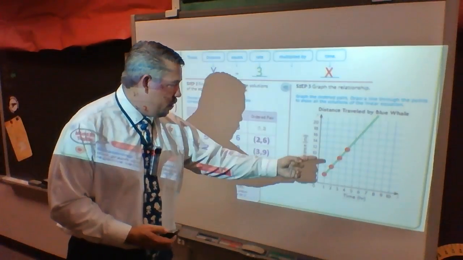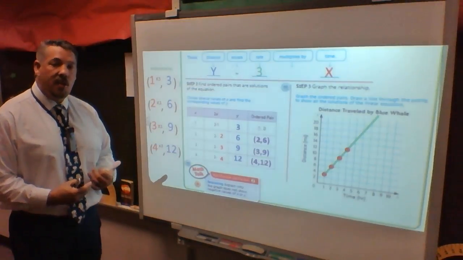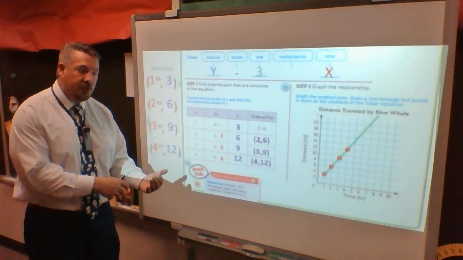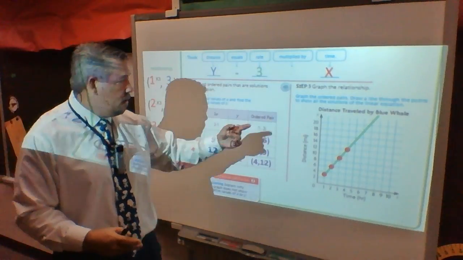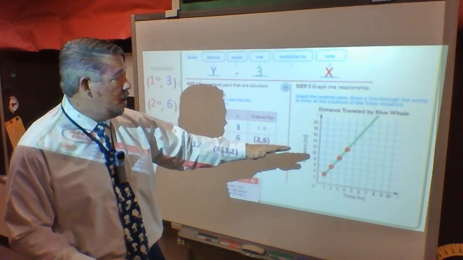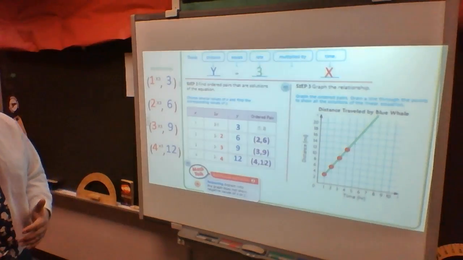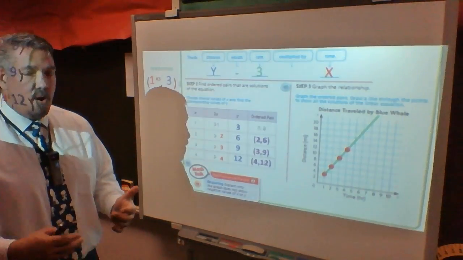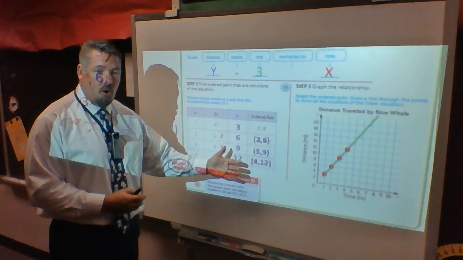And then I plot 3 and 9, 4 and 12. Once I've done that, then I have to make it a linear equation, and I draw a line to connect them. And if you forget that, read the directions. It says to graph the ordered pairs, draw a line through the points to show all the solutions of the linear equation. So if it says, are there more solutions, or choose a solution that's not in your chart,